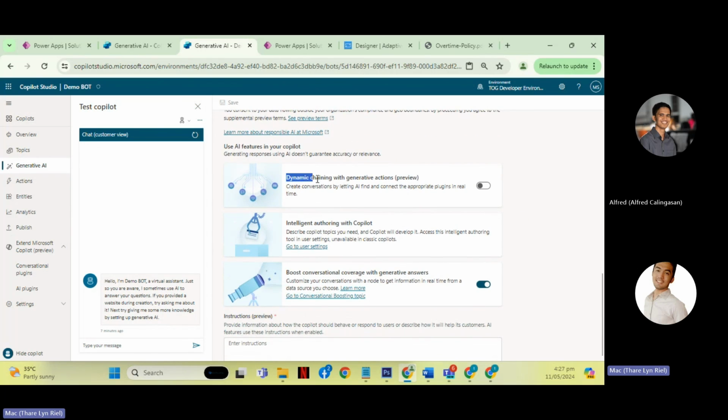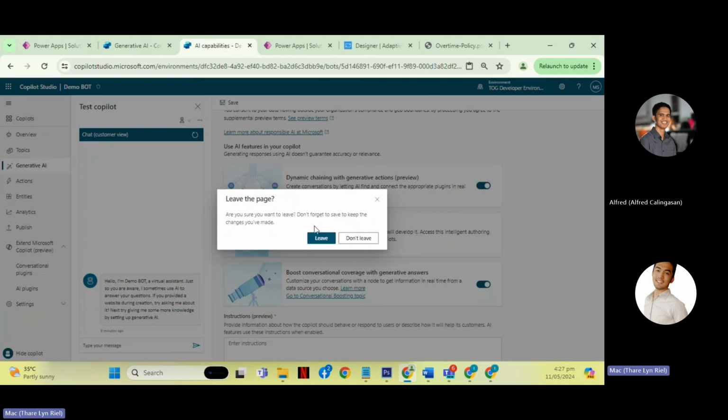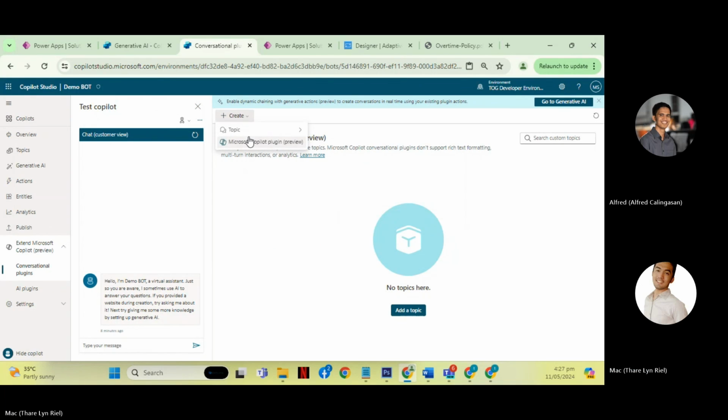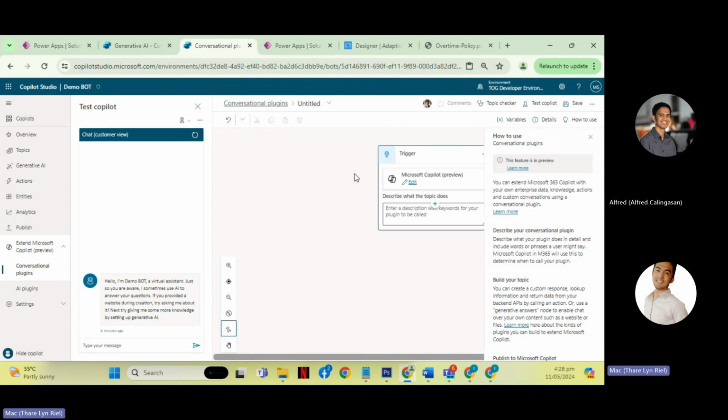So there's also dynamic chaining with generative actions, so you can turn that on. It creates conversations by letting AI find the appropriate plugins in real time. So for that, as you remember on the conversational plugins, if you add a topic here, you will just describe the trigger.